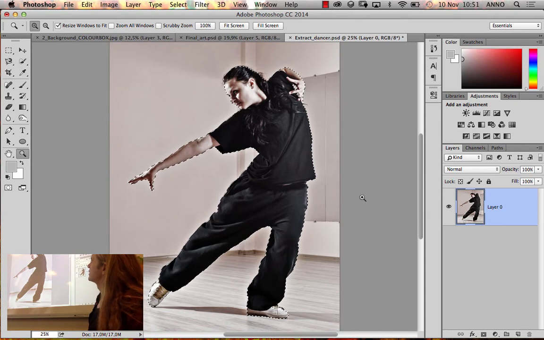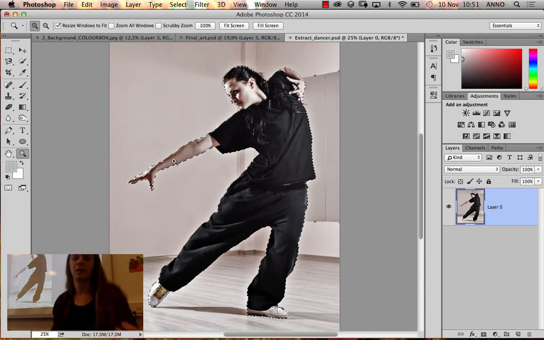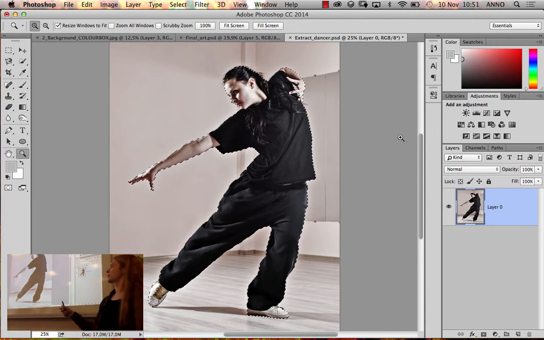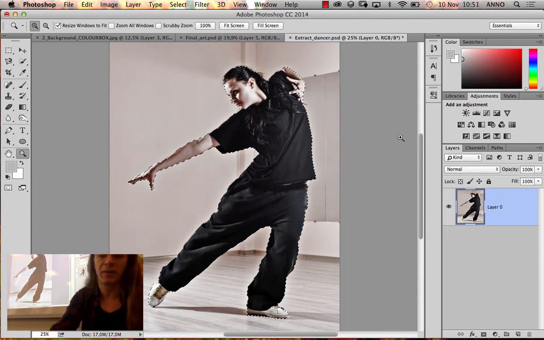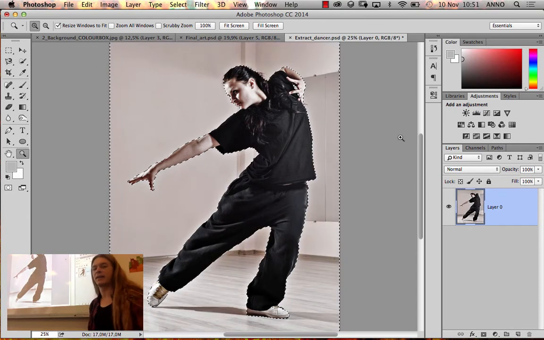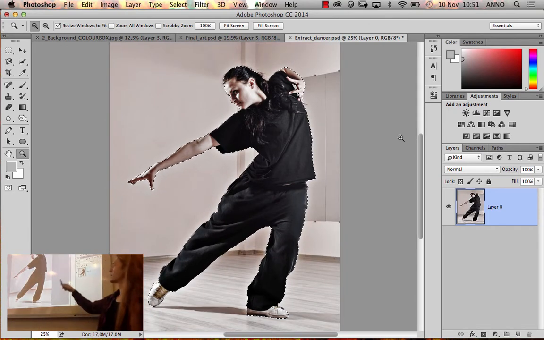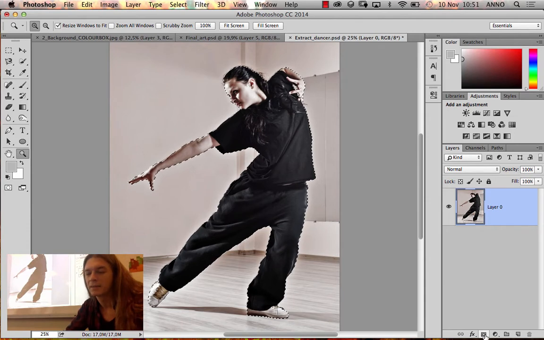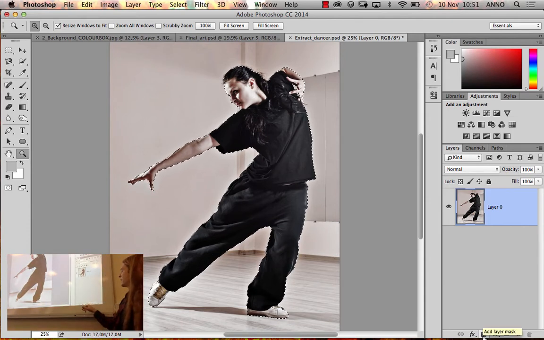And like I said, this is not the best selection, but okay. So whenever you make a selection, instead of just inversing it and deleting like this, you can actually just have the person selected, the object selected, and then click on this small icon down here. At the bottom of your layers panel, there's something called a layer mask. So you can just click on add layer mask,